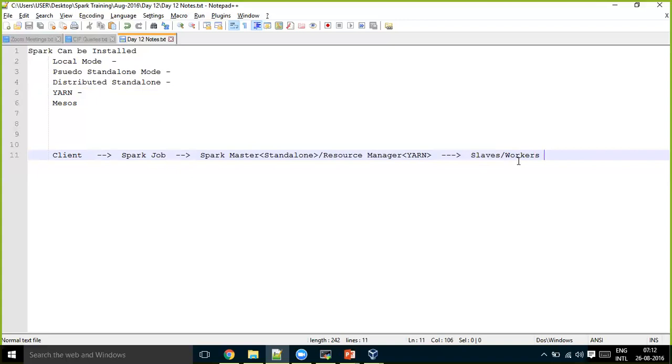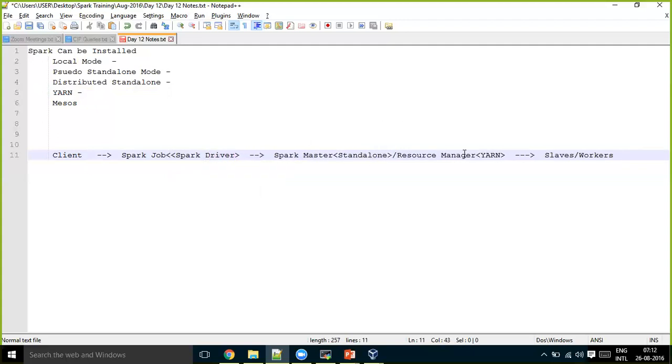And from workers, the results will be, so once the master allocates the workers, then this Spark job, wherever the client machine, the Spark job is running, that is called your Spark driver. So this is called Spark driver.